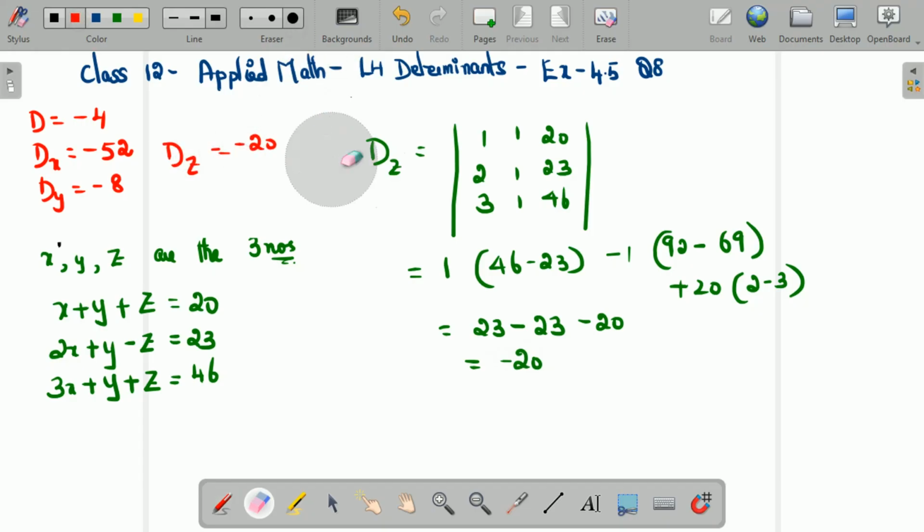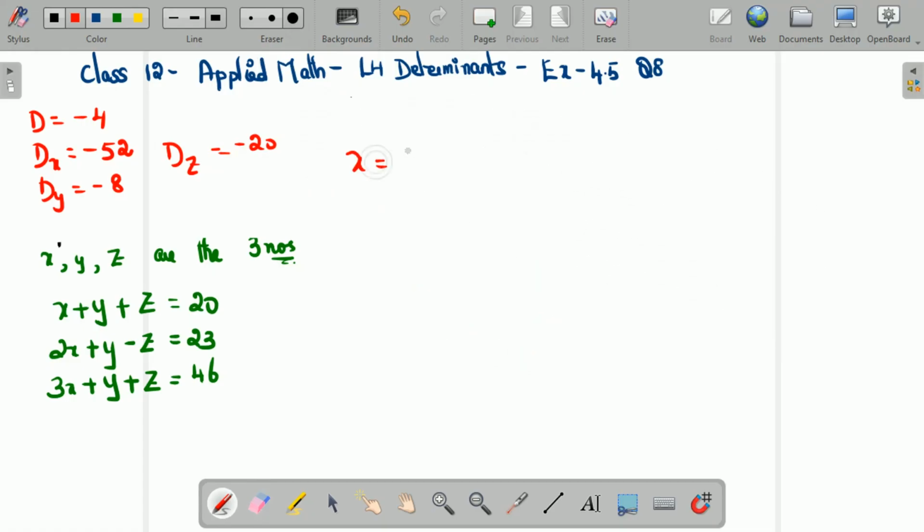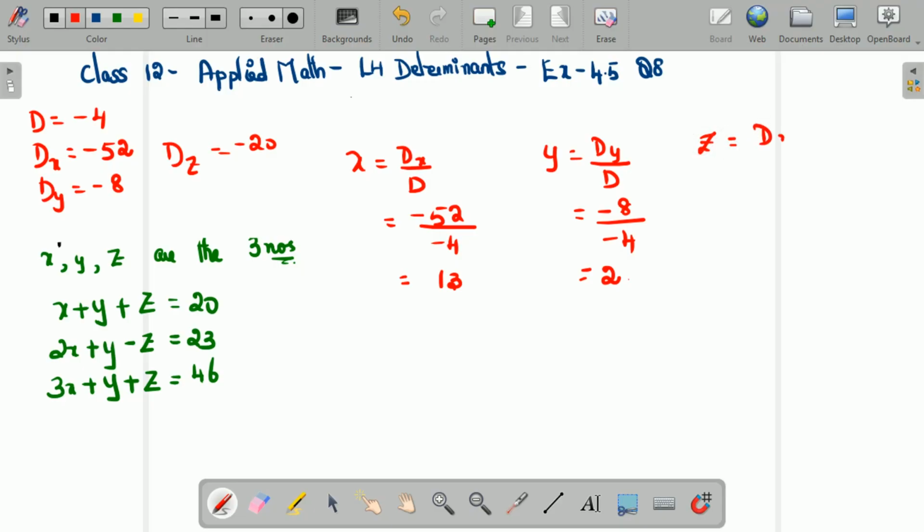Now let's evaluate x, y and z. x is equal to Dx divided by D, so it is going to be minus 52 divided by minus 4, so x is equal to 13. Now y is equal to Dy divided by D, which is going to be minus 8 by minus 4, so y is equal to 2. Now z is going to be equal to Dz divided by D, which is minus 20 divided by minus 4, so it is equal to 5. So x is equal to 13, y is equal to 2 and z is equal to 5 is the solution